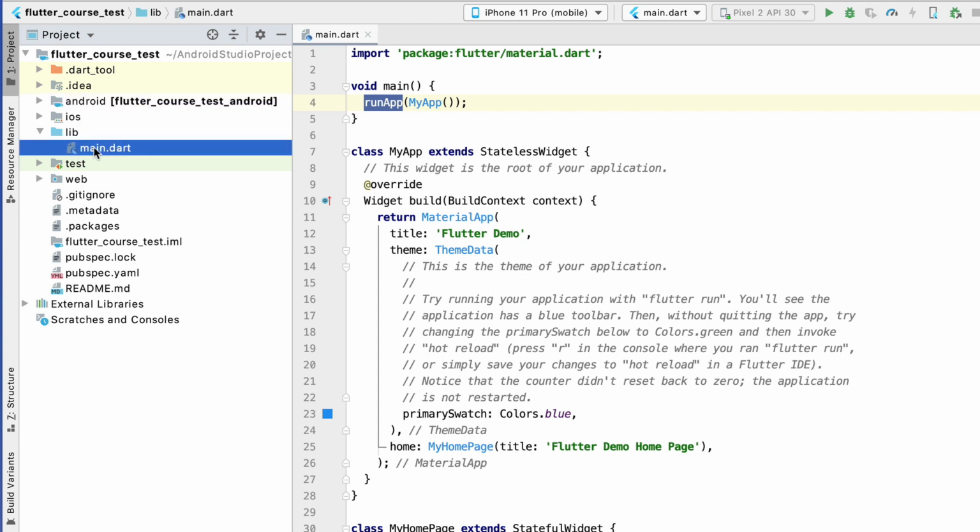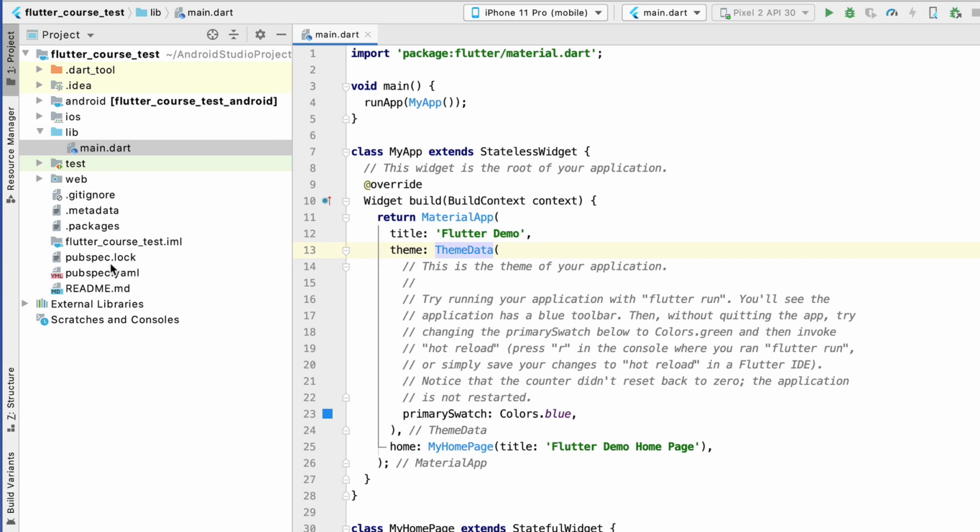Now this is a default main method. As I told you, Flutter starts with the run method, so the same thing is happening over there. After that we will add the widget tree. You can create one widget, another widget, like that. You can create as many as you want.